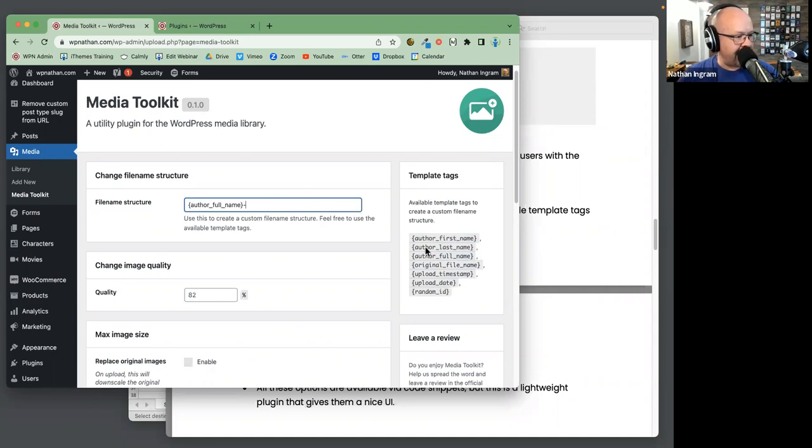And then I want to put the date. And then I want to put the original file name. So what this is going to do is whatever is uploaded, it's going to say author full name, the date, and then whatever I uploaded it as originally. So, to change the name of the file, this is helpful if maybe you have a bunch of people uploading things,